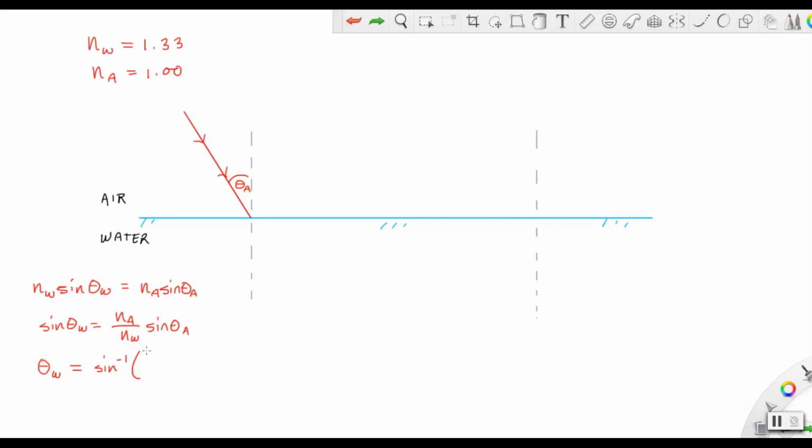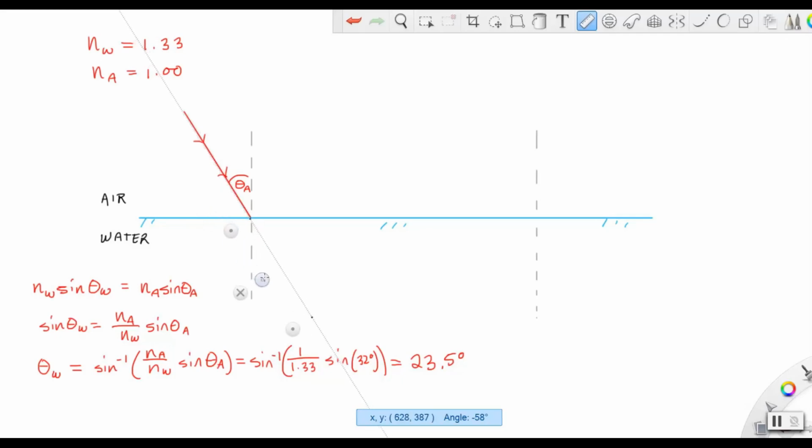So we're going to take the arc sine of, make sure that this fraction is inside your arc sine, not outside, sine of the angle in air. And that's just going to be arc sine of index of refraction of air is 1, index of refraction of water, 1.33, and then sine of 32 degrees, close parentheses. Okay, and that equals 23.5 degrees. Also a little bit hard to put on an integer ruler, but I'll at least give you a sense of